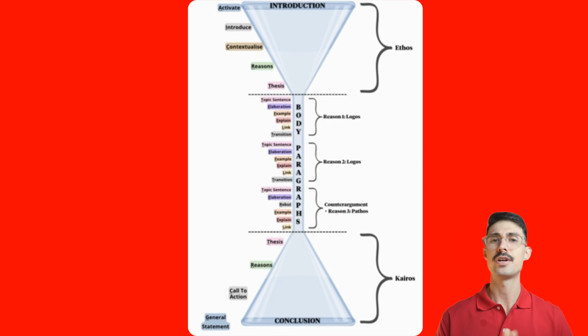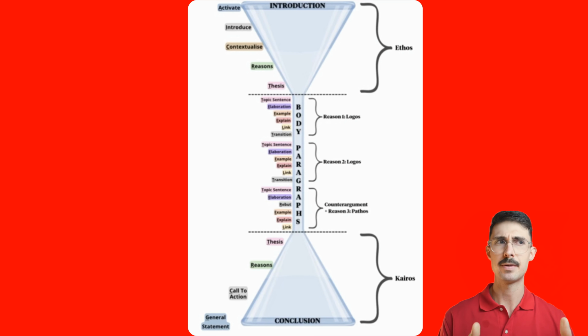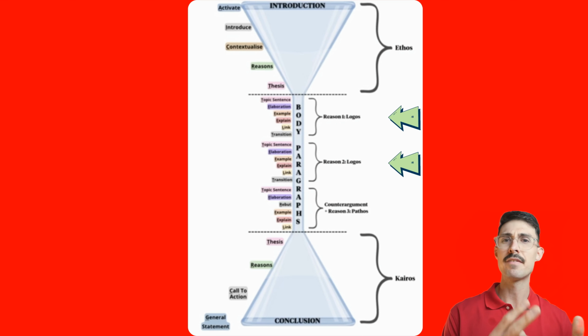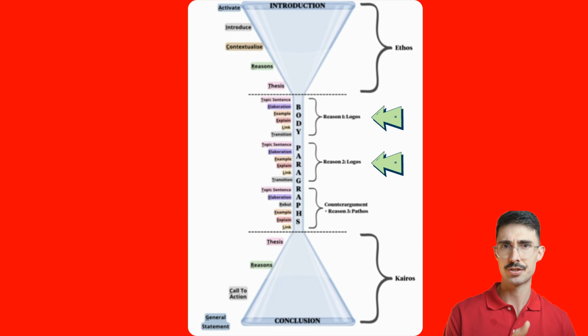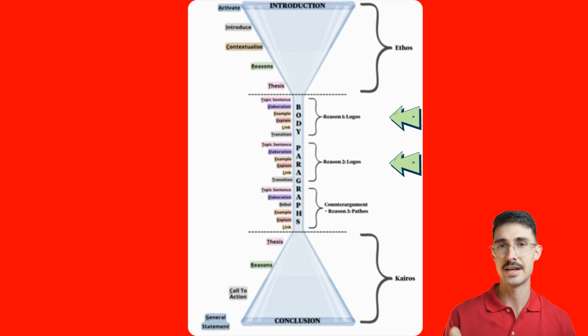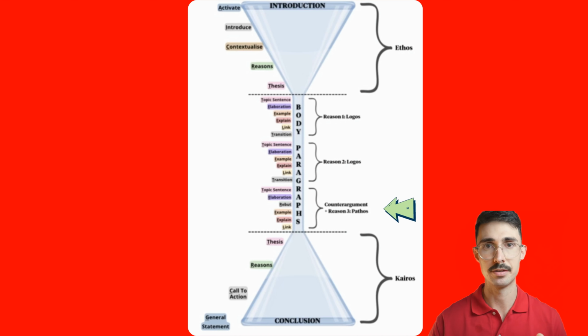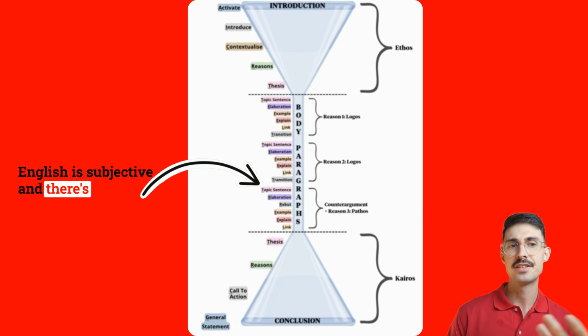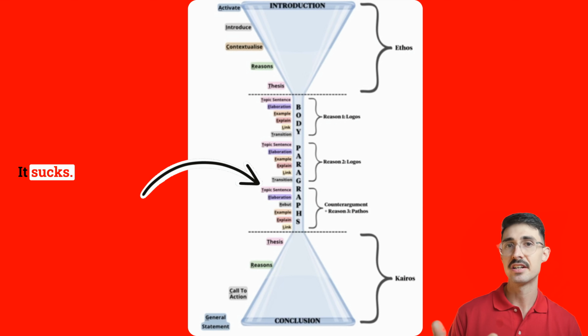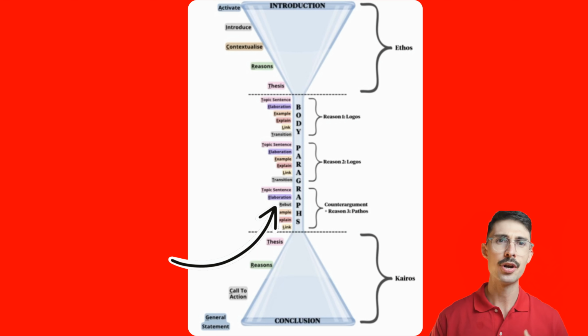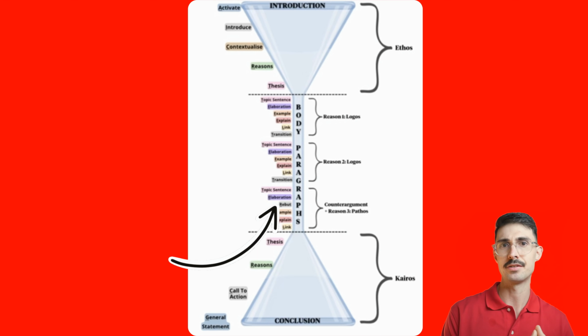on structure the following example. For example, assume I write a persuasive speech that argues that English is the best subject ever. I present my first 2 reasons in my first 2 body paragraphs, 1 in each. Then, at the beginning of my 3rd and final body paragraph, I acknowledge the following counterargument. English is subjective and there's no right way to do it. It sucks. Then I rebut that counterargument by raising my own 3rd reason as to why English is the best